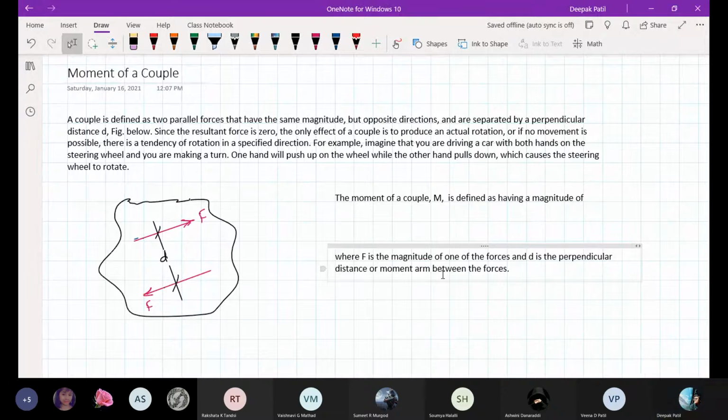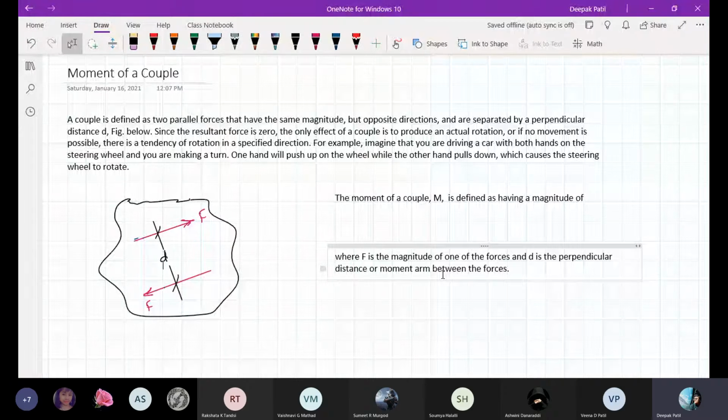Okay, so in the previous classes, we have solved some of the numerical examples on a moment of a force, and we know how to find the moment of a force. And I told you the moment of a force is defined as the magnitude of the force multiplied by the perpendicular distance between the line of action of the force and the point of axis about which the body is about to be rotated. So the perpendicular distance